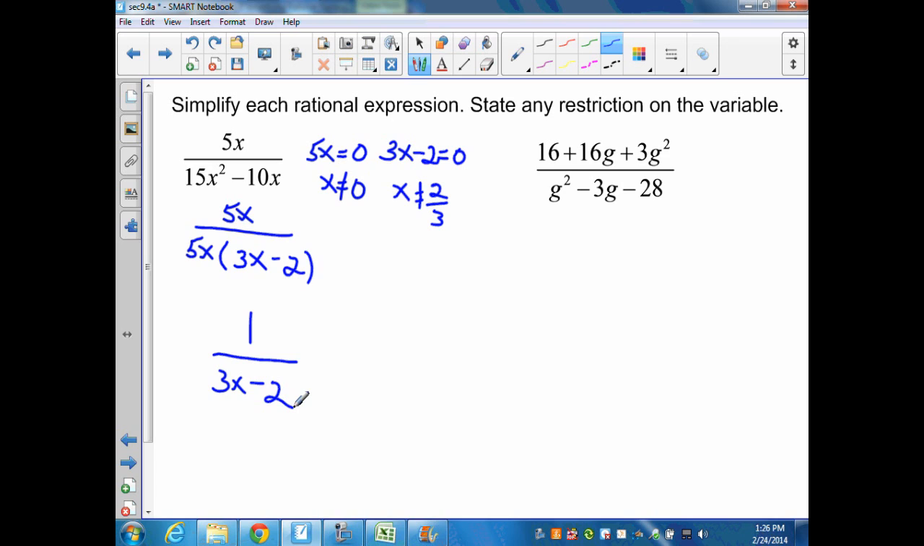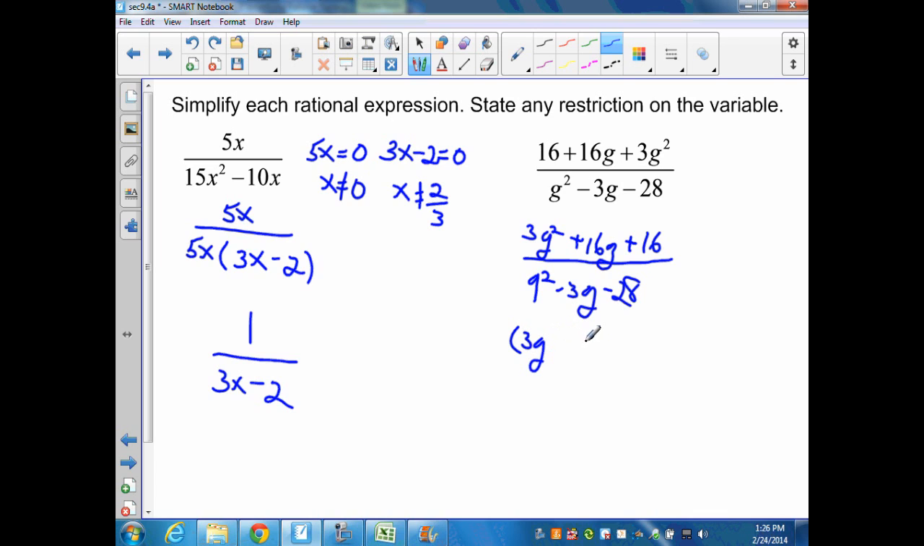Again, I want to factor, but since my bottom is in the form of g squared, g, and then a number, I'm going to use my commutative property and rearrange my numerator. That will give me 3g squared plus 16g plus 16 over g squared minus 3g minus 28. Now I can factor the numerator and denominator. That's going to give me